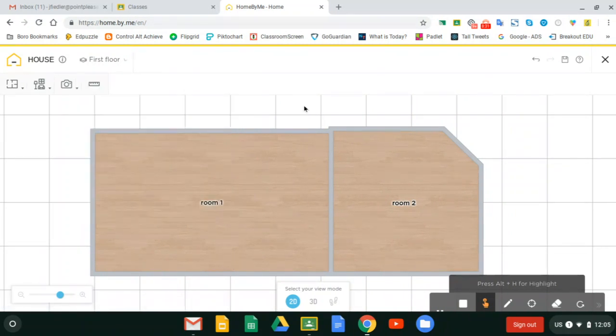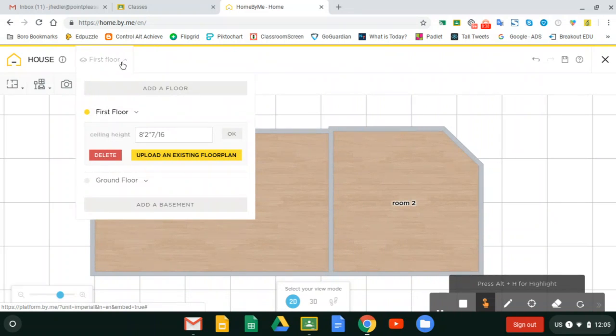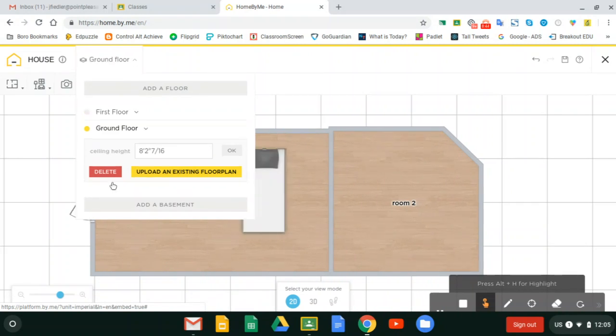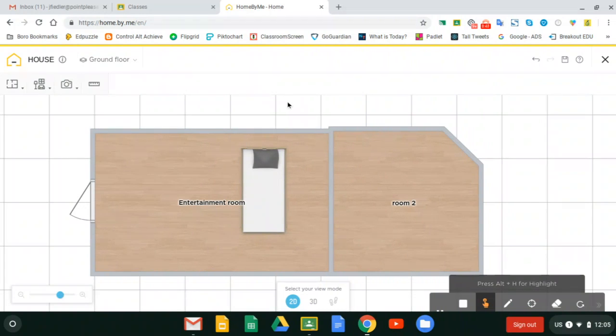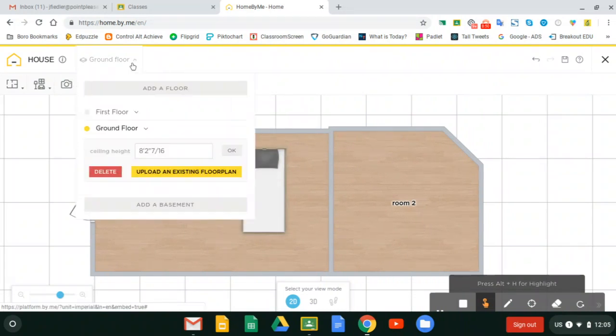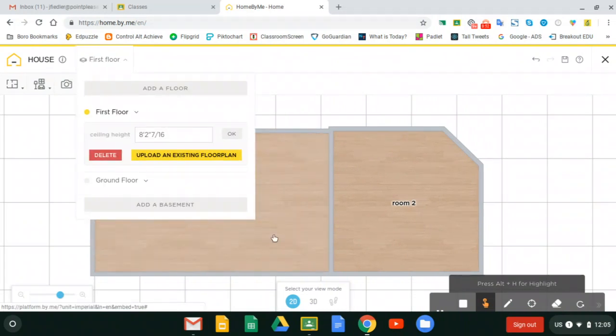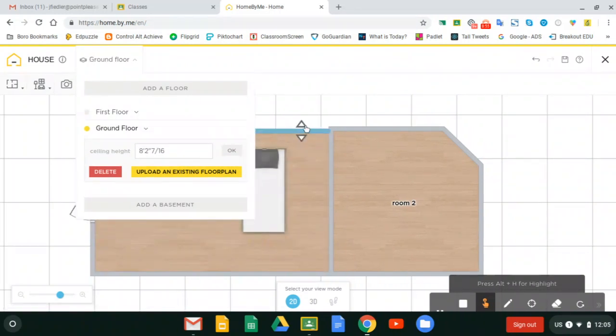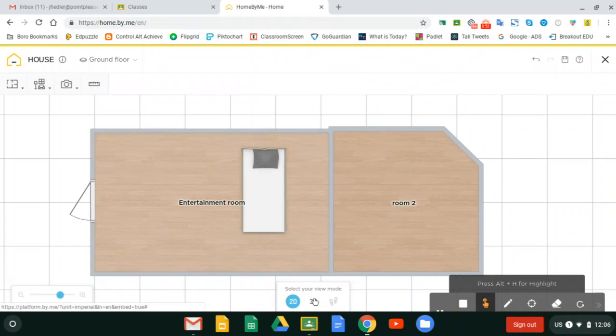When you click out, now you'll see room 1, room 2, you have more than one floor. So you need to be clicked on the floor that you're actually working on. So here is ground floor. We want to go back to the ground floor and edit. We would click there and then click out. You see our bed. If you go to the first floor, you see nothing's there. Okay. I'm going to go back to the ground floor and I'm going to do 3D so you can see